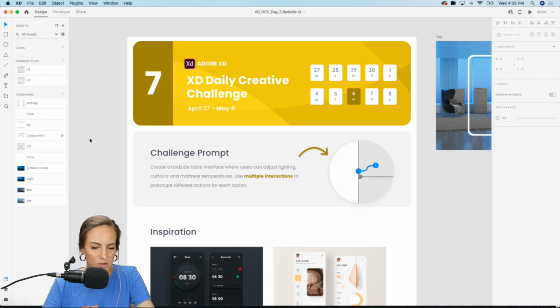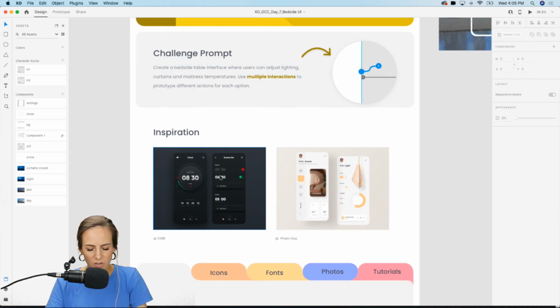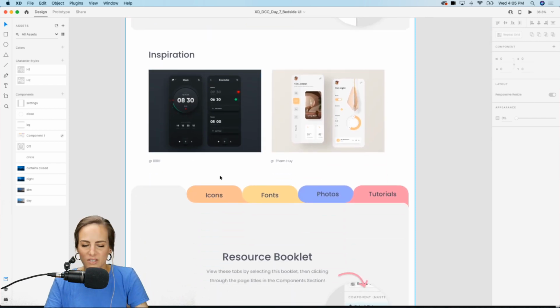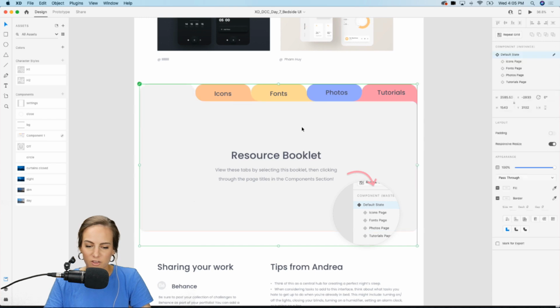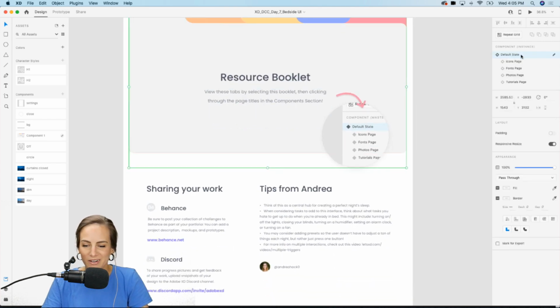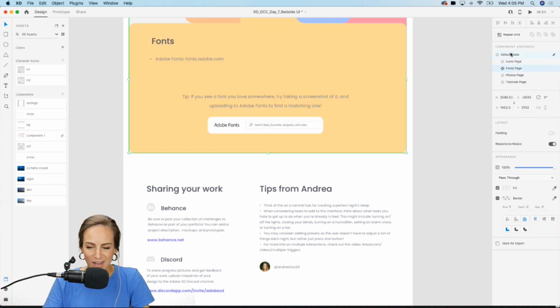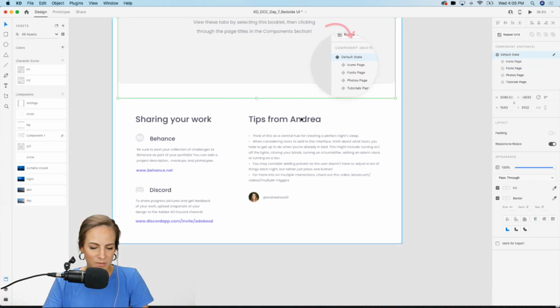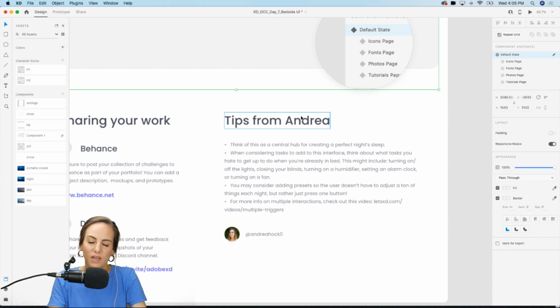Okay, cool. So this is our starter file, and like I mentioned, bedside table interface. As always, I've got some inspiration here, the resource booklet, if you want to look through those. I'm sure you know by now, I've been harping on those a bunch. You can click through those tabs. And then at the bottom here, I always like to give you guys some tips for whatever is directly related